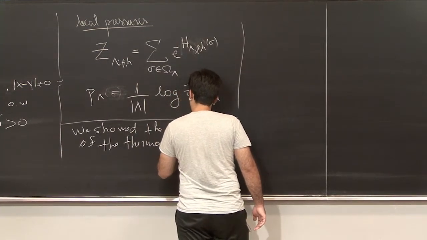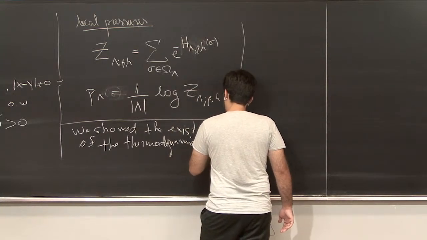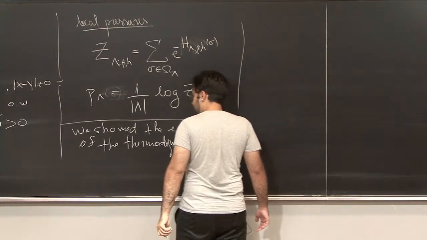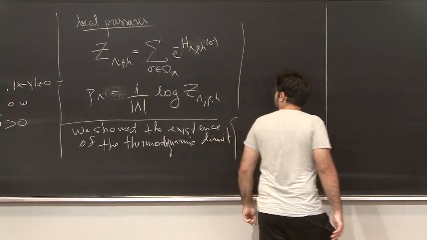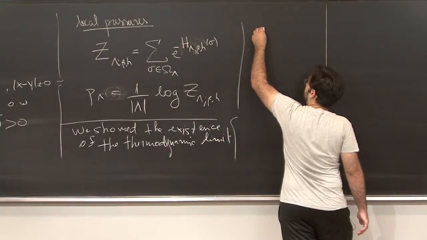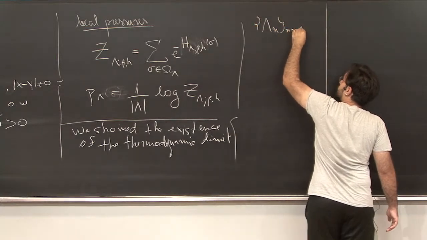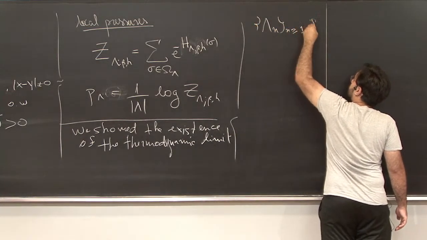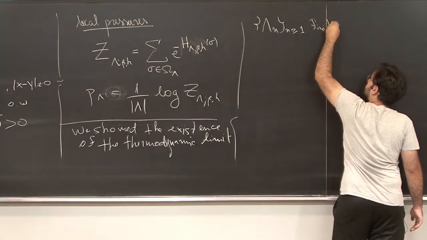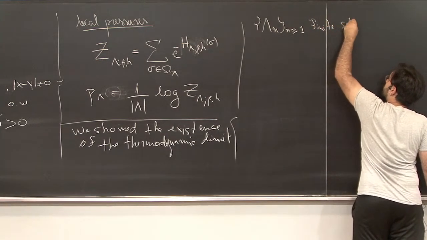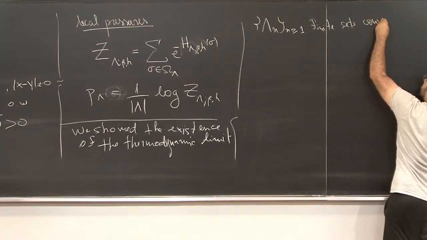What this means is that if I take a sequence of finite sets converging to Z^d,